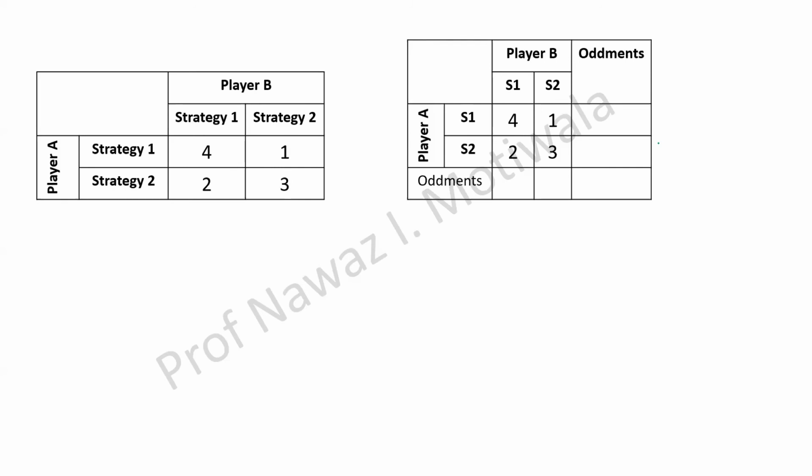S2. Yes, it should be written in the other row. So I will write here S2, 3. Then the difference between these two, 3 and 2, is 1. So this will be written in the first row. So the answer will be 1 and 3. Similarly, for the column side the difference between 4 and 2 is 2. So this 2 will come here. 1 and 3, again the difference is 2, so it will be 2, 2.